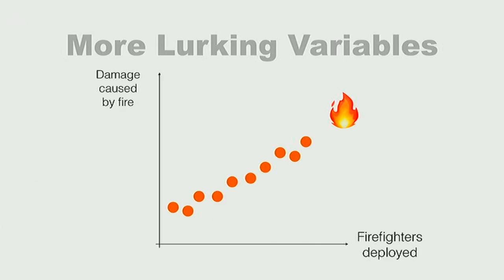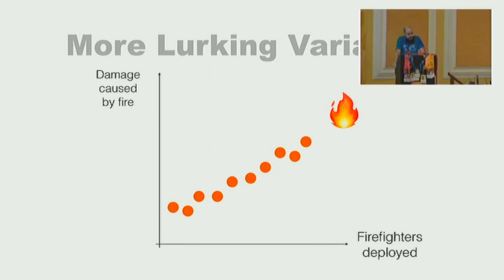Another example of a lurking variable is in the case of fire accidents. We notice when we observe fire accidents, if you deploy more firefighters, the damage is much bigger. So policymakers, when they decide to cut budgets, maybe they didn't take a class in statistics. The question would be, if we deploy fewer firefighters, maybe the damage would be smaller. Obviously, the case here is that we deploy more firefighters when the incident is bigger, and therefore also the damage can be bigger.